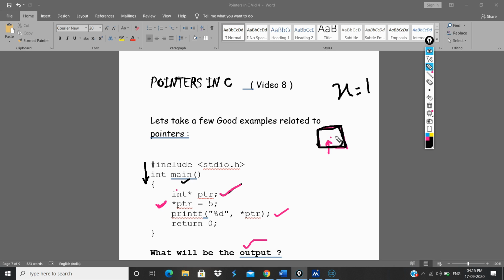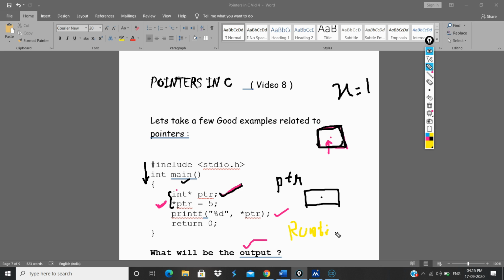And it does not contain any value within it, which means ptr might be the pointer you have declared, but it is not pointing to some location. Suppose this is the box of ptr. So generally ptr contains an address here, but it is not pointing. With the execution of only these two statements, you cannot say that ptr is pointing to some particular location. So the output of this program will be a runtime error.